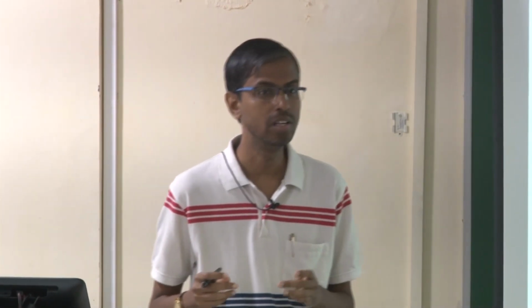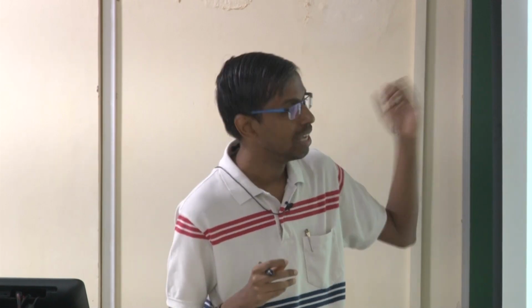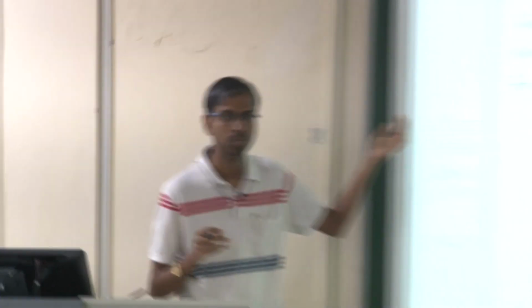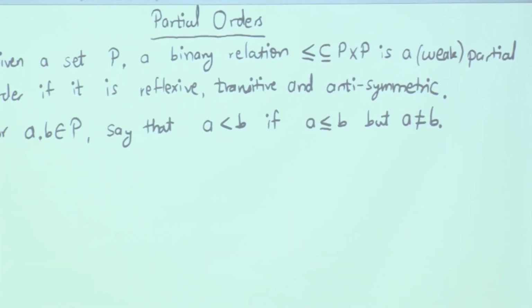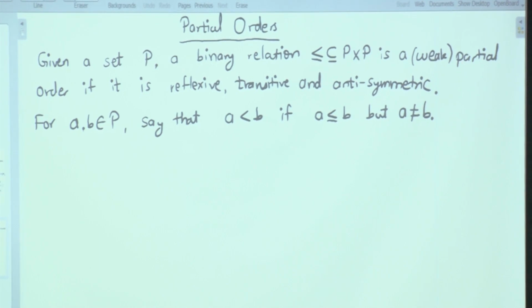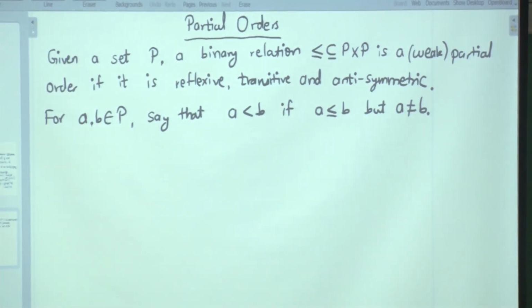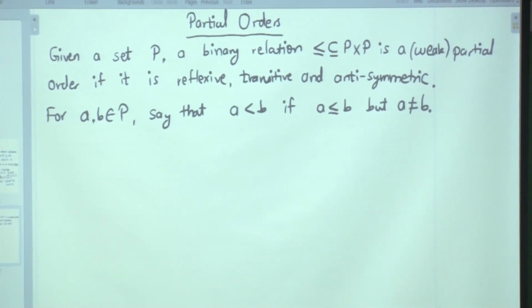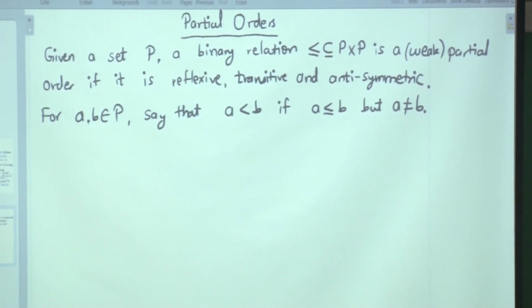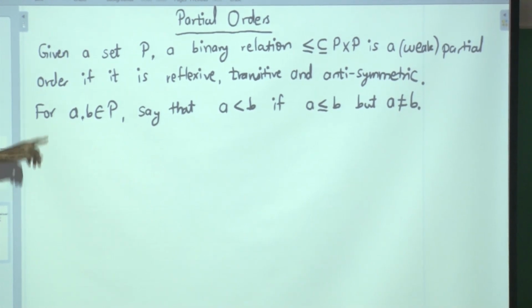So mostly we will only deal with homogeneous relations, and we already know several examples of homogeneous relations. The first one was linear orders. Linear orders are homogeneous, they are binary relations, and we have also seen partial orders. Just to recap quickly, a partial order, a partially ordered set, a poset, is a reflexive, transitive and